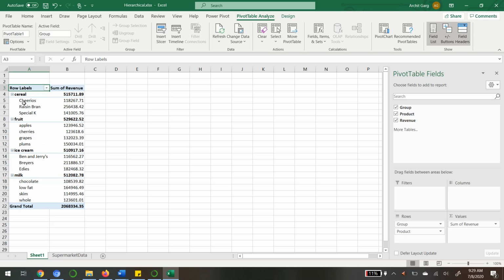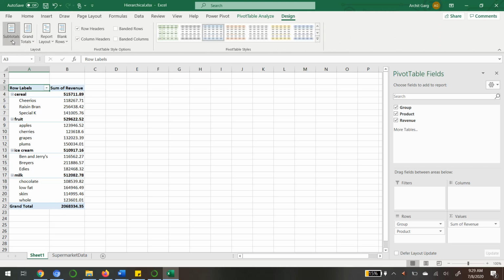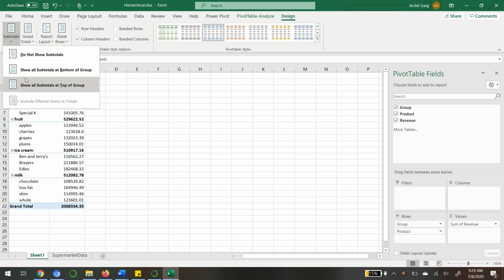And we can see that in different categories, we have different subcategories. Like in cereal, we have Cheerios, Raisin Bran, and Special K, and we have different subcategories in fruits and milk, etc. So I want to make some changes to this pivot table so that we can make it